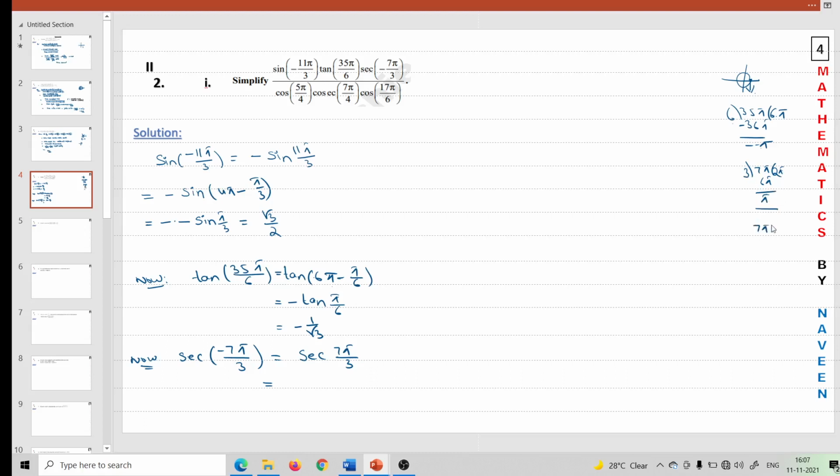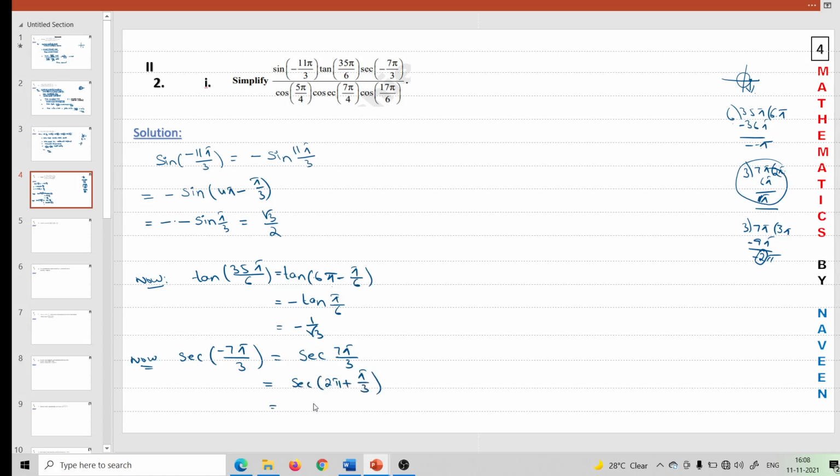Or 7 pi divided by 3. 3 3s are 9 pi. Remainder is minus 2 pi. So here remainder is 2 and here remainder is 1. So this one I am considering. Clear? Do you understand? So 2 pi plus pi by 3. Secant of 2 pi plus pi by 3. That is equals to, see, 2 pi means complete rotation, plus means increase with some angle. That is in first quadrant.